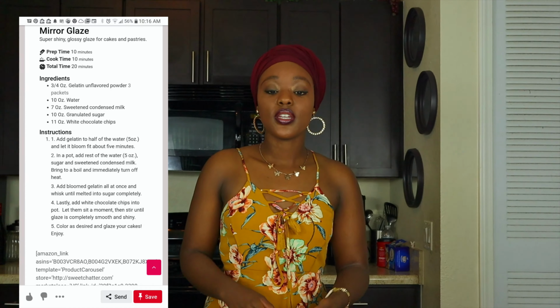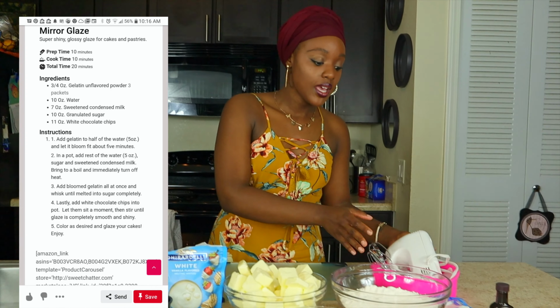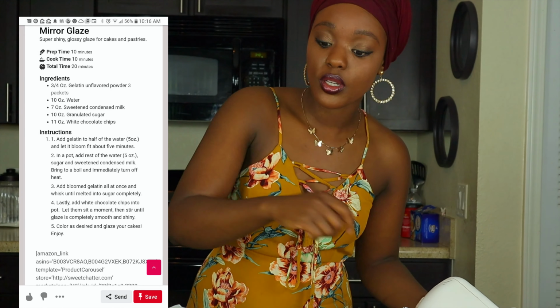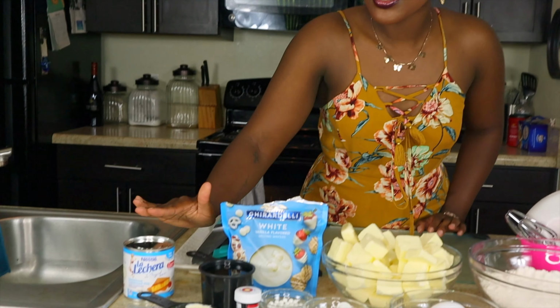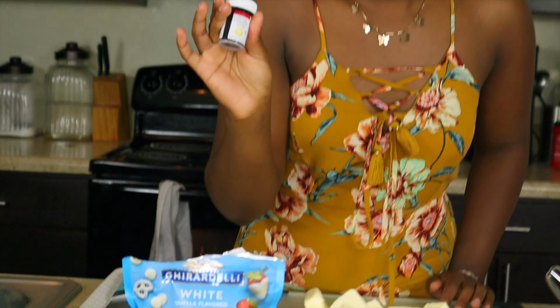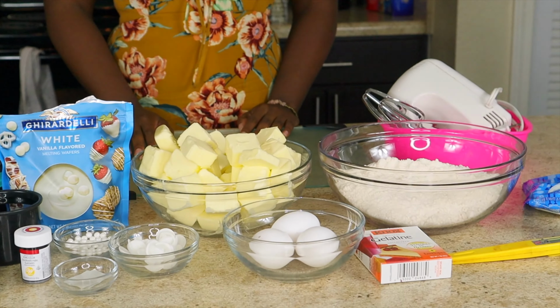Okay, so today I'll be making a mirror glaze. Instead of doing mousse, I'm gonna put buttercream, and I'm just gonna make it as smooth as possible. I'm gonna use my silicone cake pan to make it really smooth, and then I'm gonna put the mirror glaze on. For the mirror glaze, I'm gonna use condensed milk, water, sugar, food coloring. I have red, but I want it to be like a light pink, so I'm only gonna put maybe a drop or two. And gelatin,